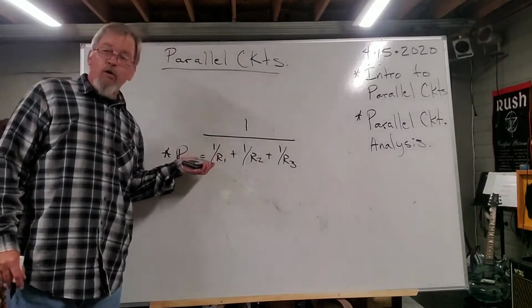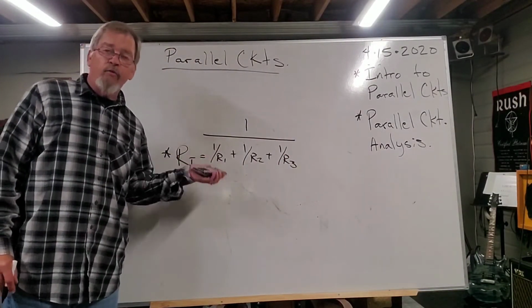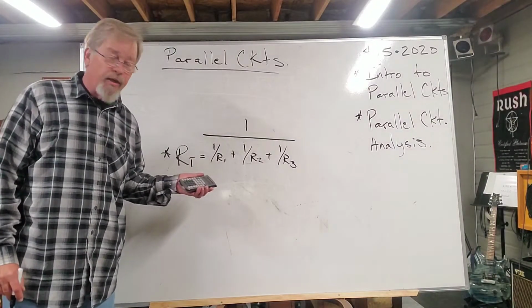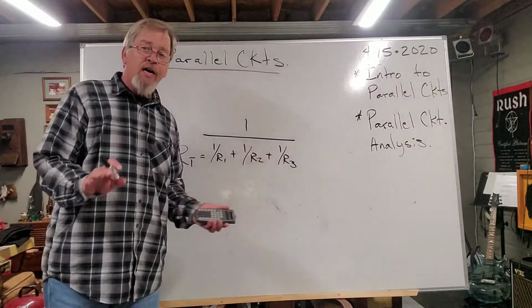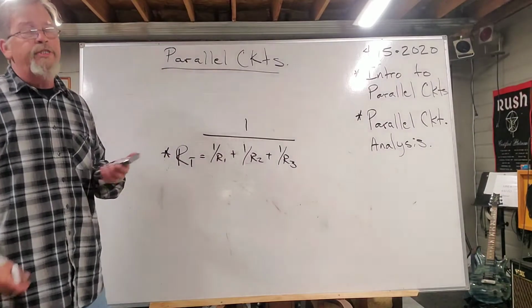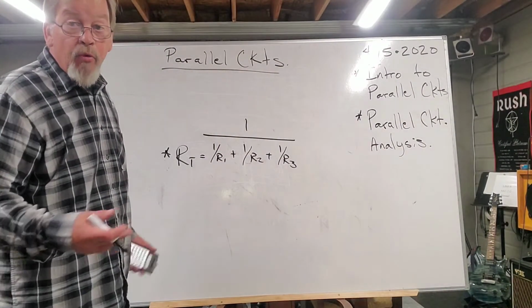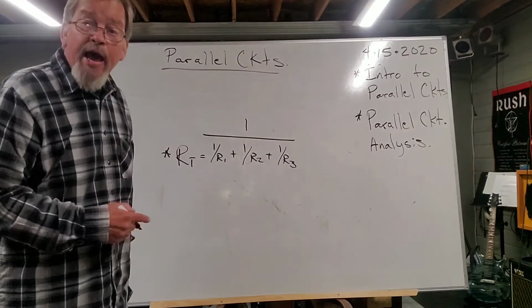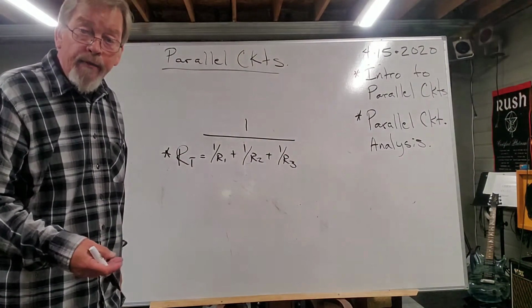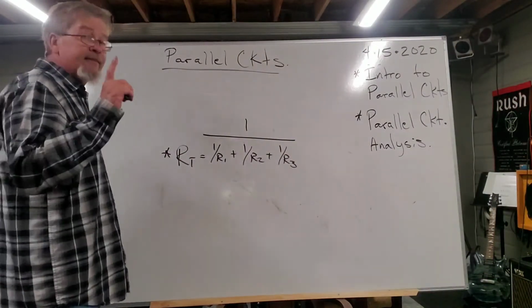This is how we go through and we find the resistance in a parallel circuit. We add them up what I call the 1 over way, the reciprocal way. Series, we add them up regular. Parallel, we add them up the 1 over way. Okay? So let's say